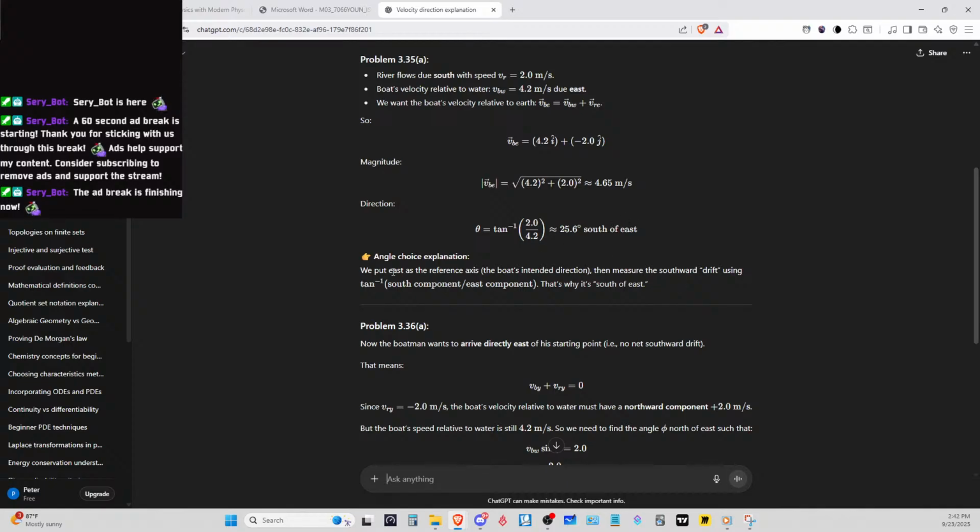Measure the boat southward. We put the east as a reference axis. The boat's intended direction. When measured, the southward drift used